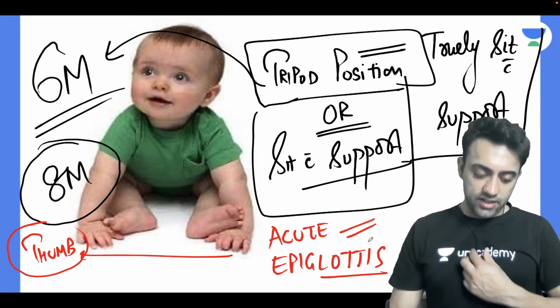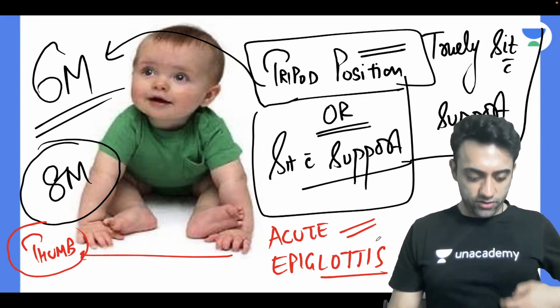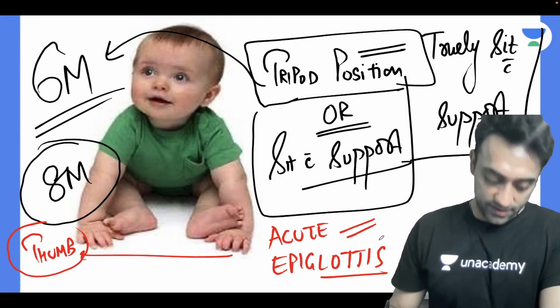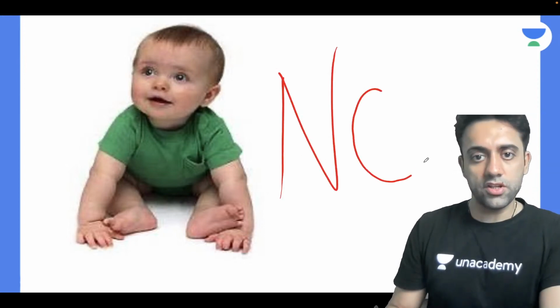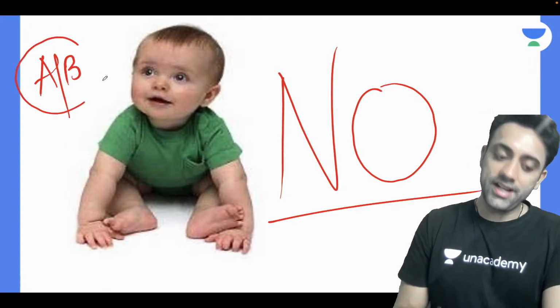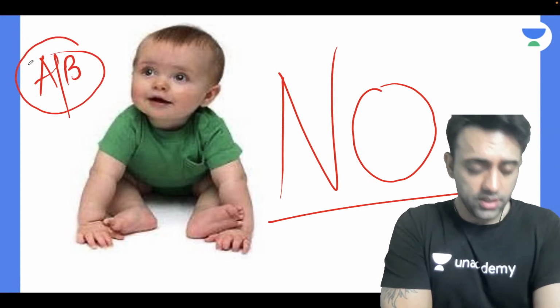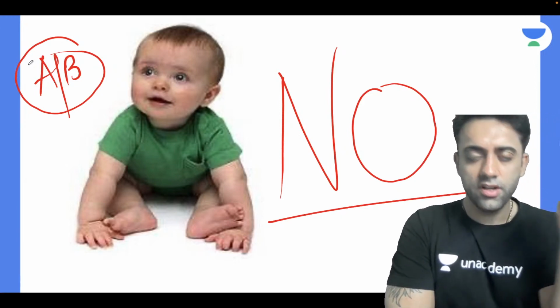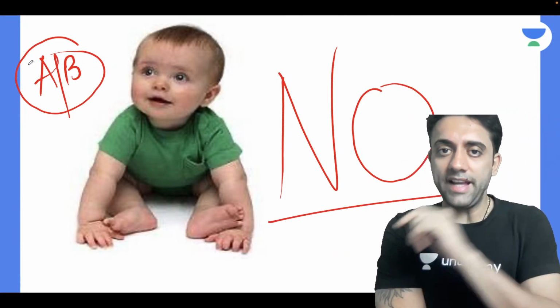The best answer is that there is no role of steroids in acute epiglottitis. The answer is antibiotics, third generation cephalosporin, whereas treatment for croup will be dexamethasone